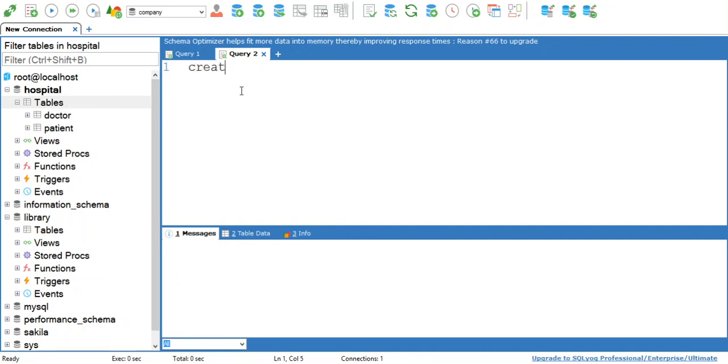So before executing this command we need to create a user. So we have the query create user user1@localhost, identified by, and write down the password of that user.